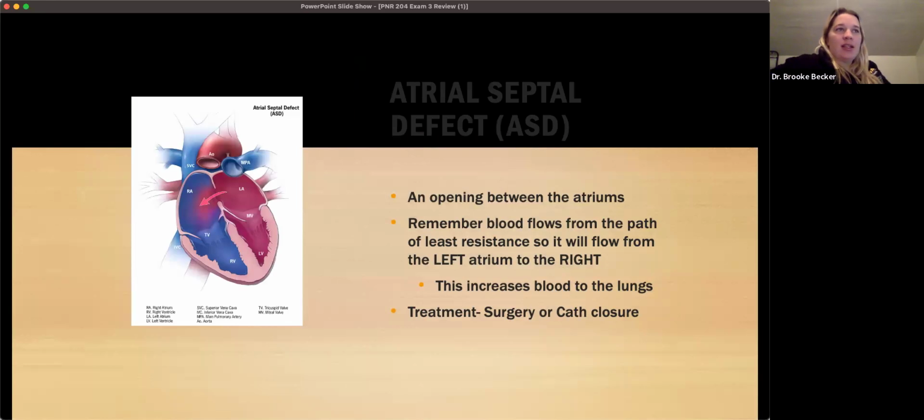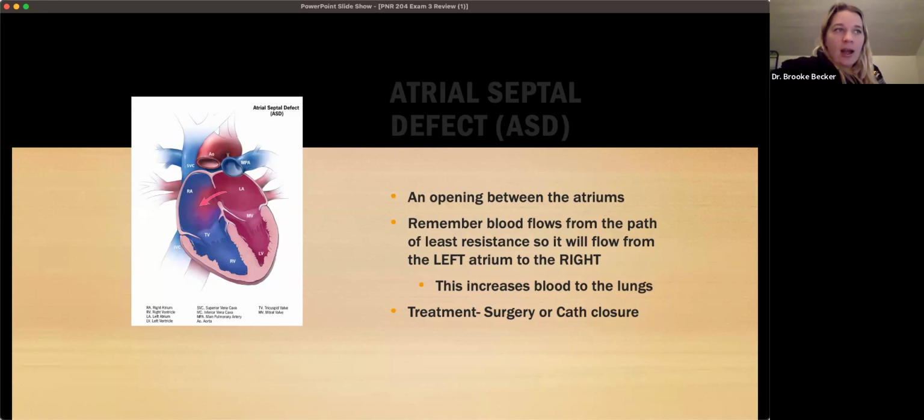Okay, an ASD, this is an opening between the two atria. You can see that here in this picture. There's going to be shunting with ASDs. It's going to shunt from the left side, which has higher pressure, to the right side that has lower pressure. So this is increasing the circulation of the blood to the lungs, which means